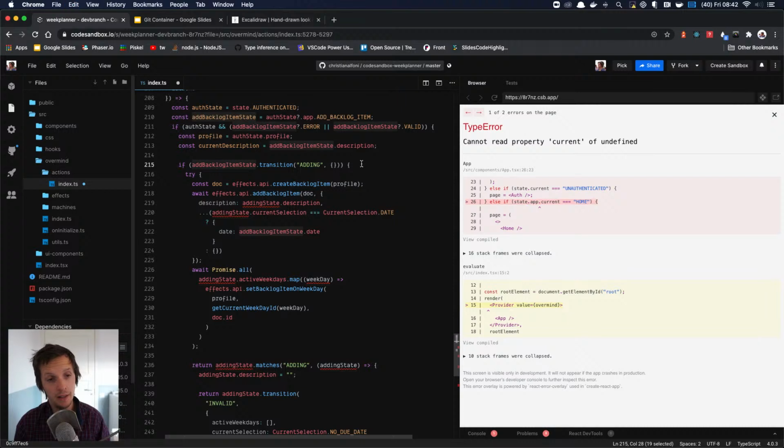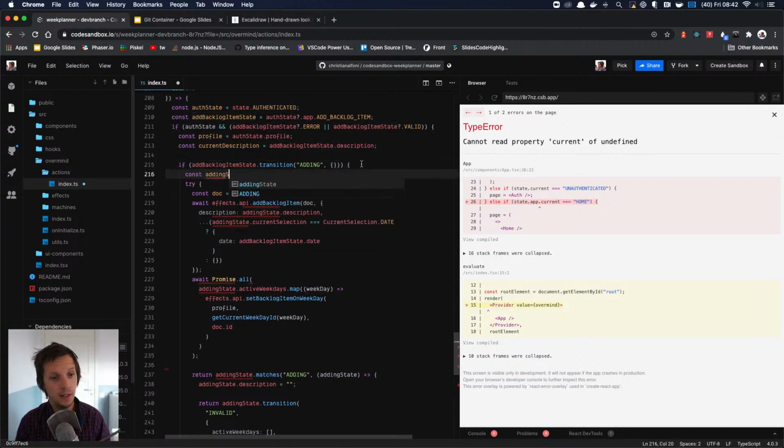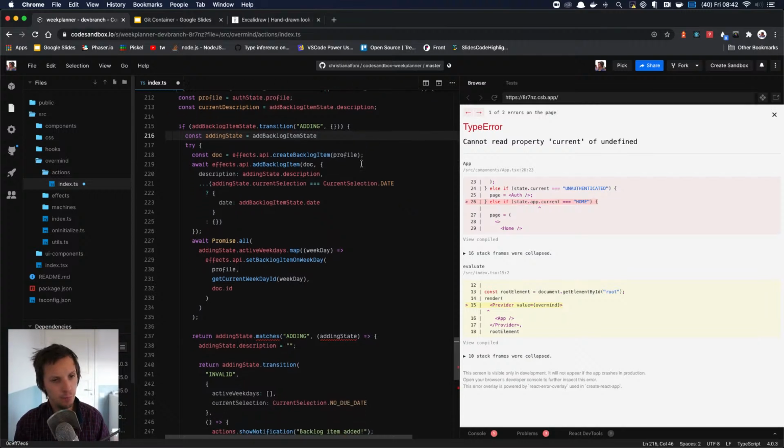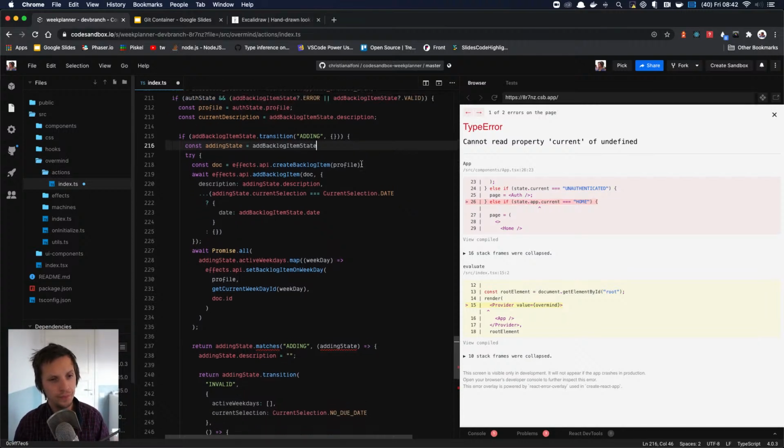So what I can do, I can say adding state equals, well, I am pointing to, yeah, this is also the thing, description here is a base state. So I don't really care which state I'm in. So I could just do this. That's perfectly okay. But what if I did want to point to,